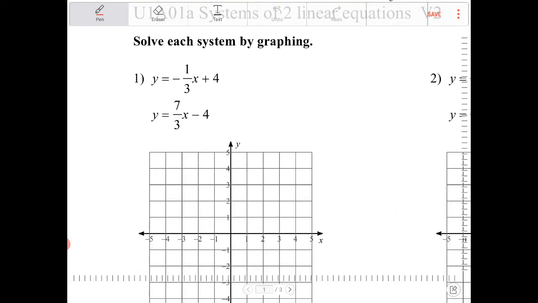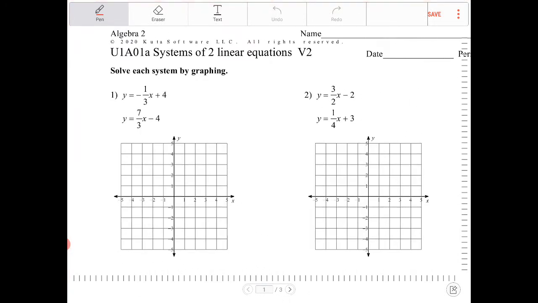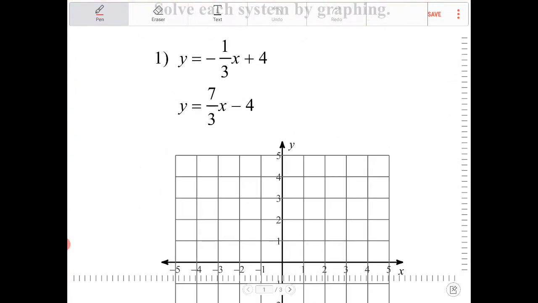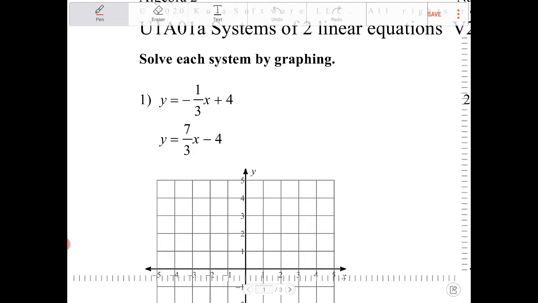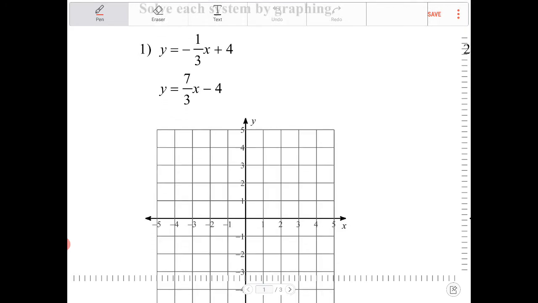Alright, so the first problem, number one. I'm only going to go over the odd questions in this exercise, version 2 of this exercise. If you look at the instructions here, it says to solve each system by graphing. So let's do that, okay? When we're solving a system of equations, what we're doing is looking for a common point of